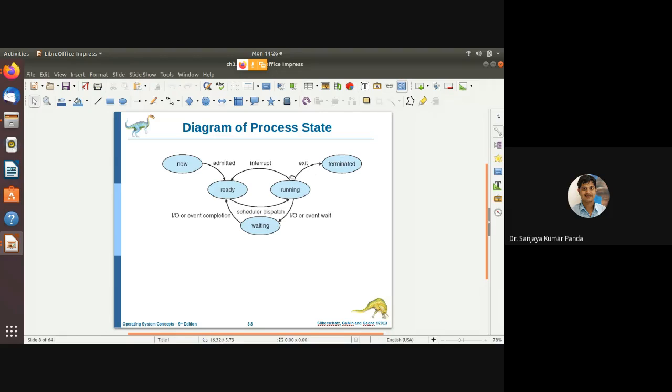If it requires IO operations, it goes back to the waiting state and completes all the IO operations there. Then it goes back to the ready state. Like that: ready, running, waiting, ready, running, waiting, it continues until the process is successfully completed.